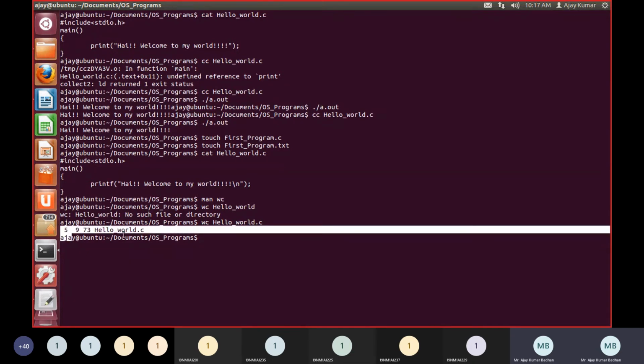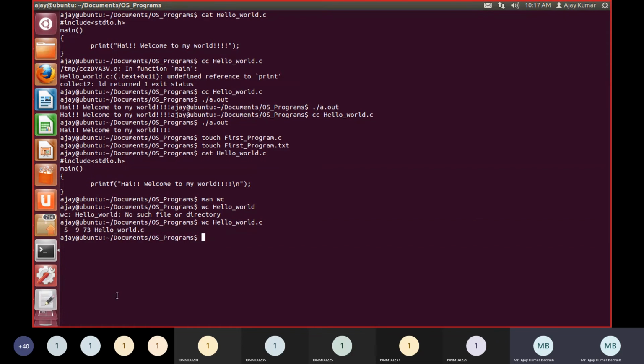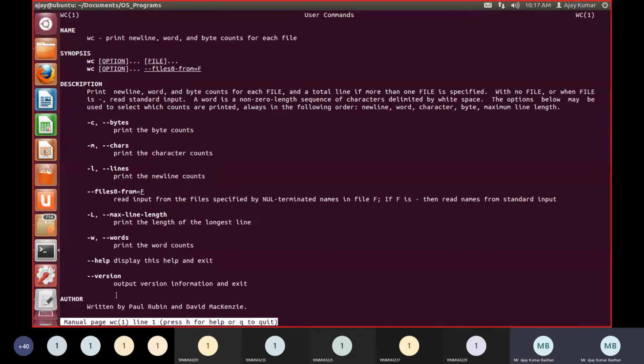So what is this? For that we go to the man command. Man space wc. See here, it prints first the new line count, how many words there are, and the byte count, how many bytes for each file. So remember: new lines, words, and byte counts.